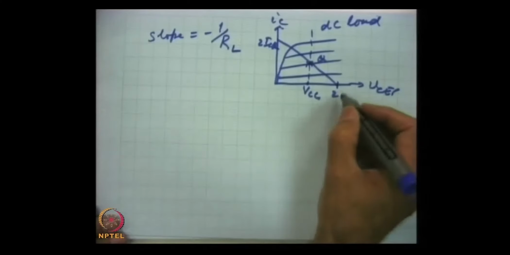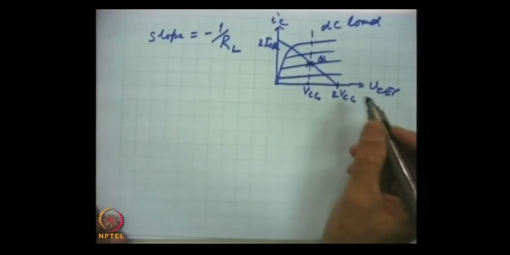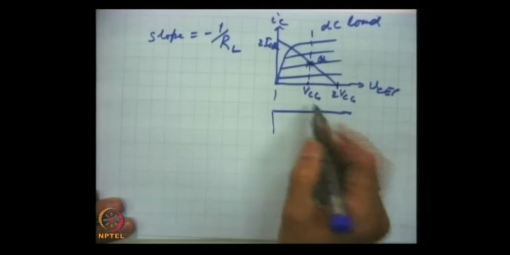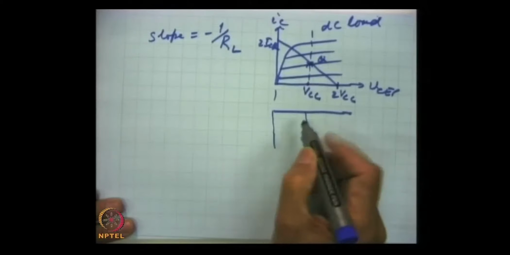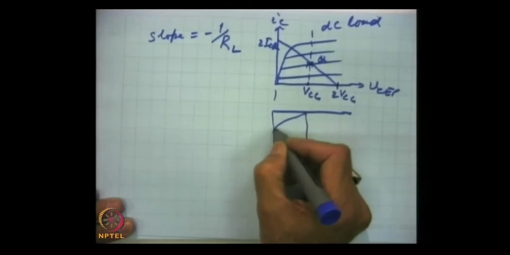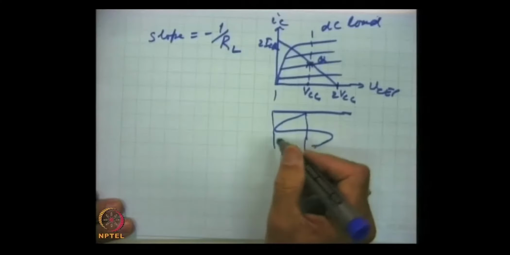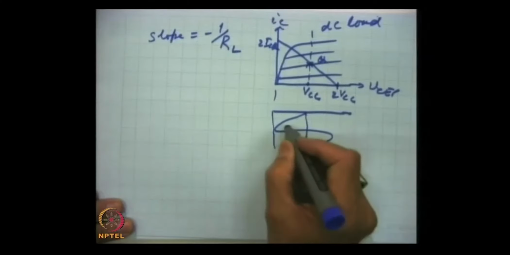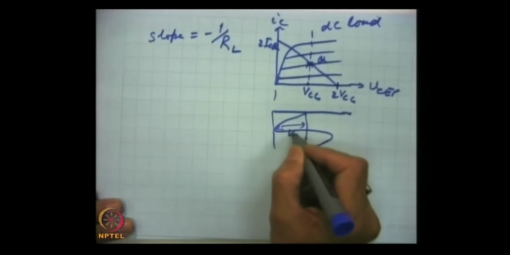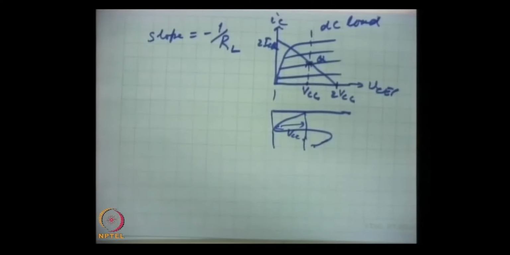So this will be twice VCC, and this will go like that. Across this point there will be this kind of variation, and this is VCC. In this case